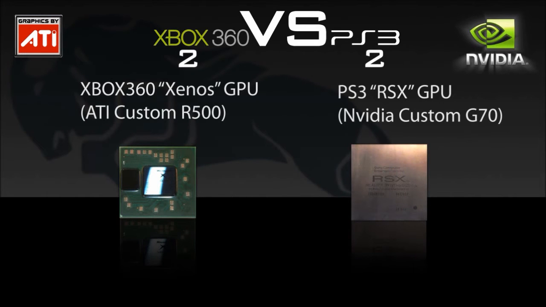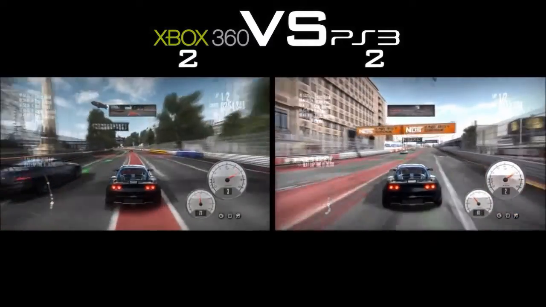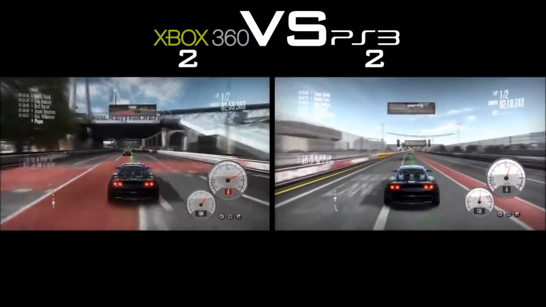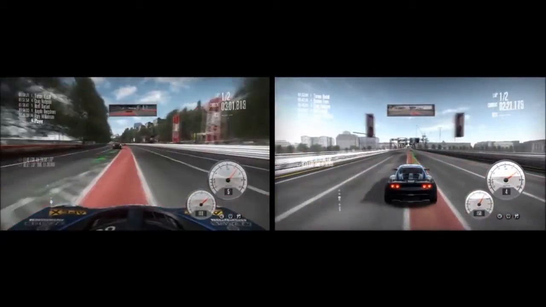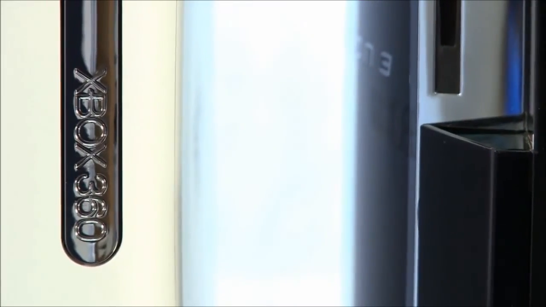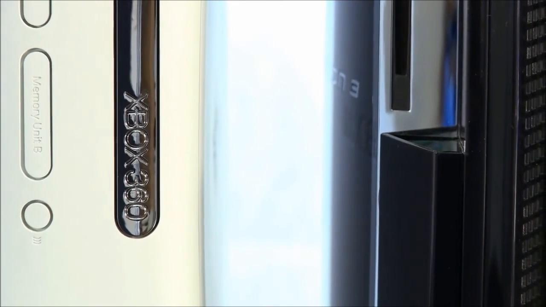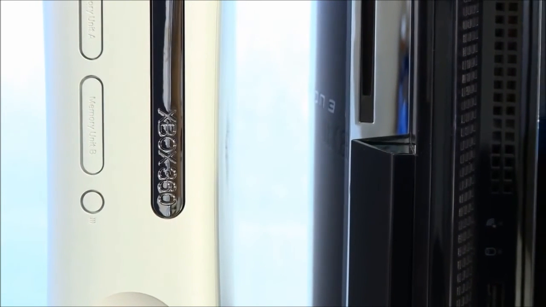To recap, the PS3 has a better processor and faster memory, but the Xbox 360 GPU is superior thanks to its advanced architecture. But as you know, graphics are usually more than just the sum of the parts of the different hardware. And in the upcoming rounds, we'll be taking an in-depth comparison of the best looking games, both exclusive and multi-platform, on the competing consoles. Stay tuned for the next round of the console